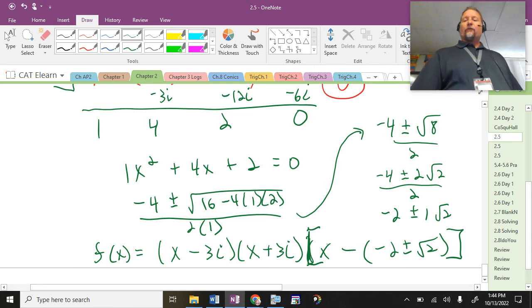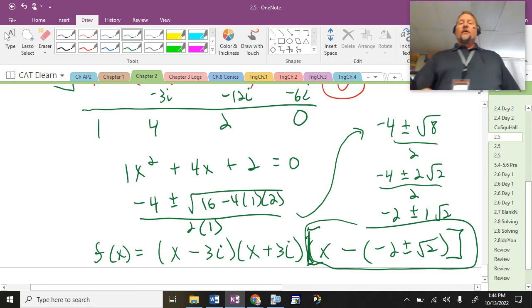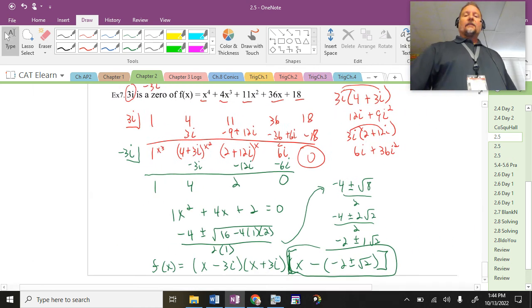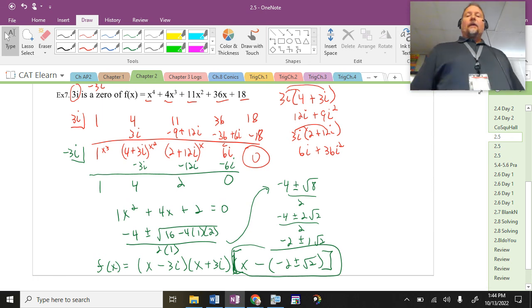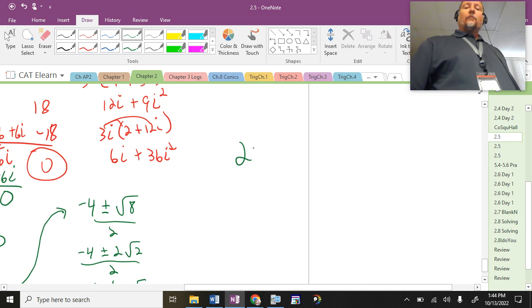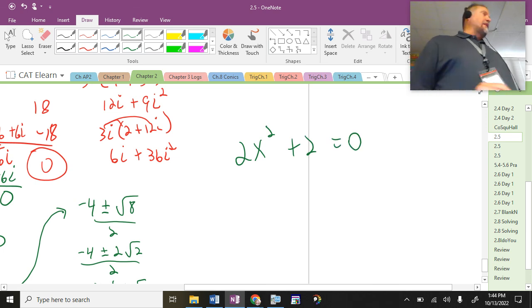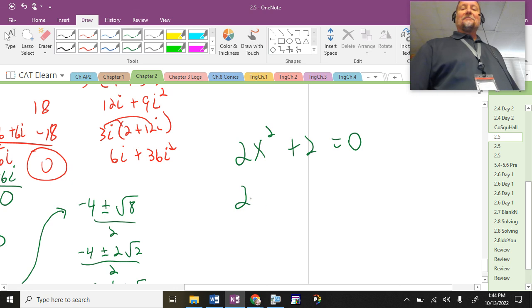So do understand that is 4 factors. This counts as 2 of them. All right. Fundamental theorem of algebra. If I have an x to the fourth, I have 4 zeros. Right. So that's why we got to make sure we understand that. I think in our questions yesterday, you ended up with a 2x squared plus 2. Does anyone remember that happening in your notes yesterday or homework? Then subtract 2,